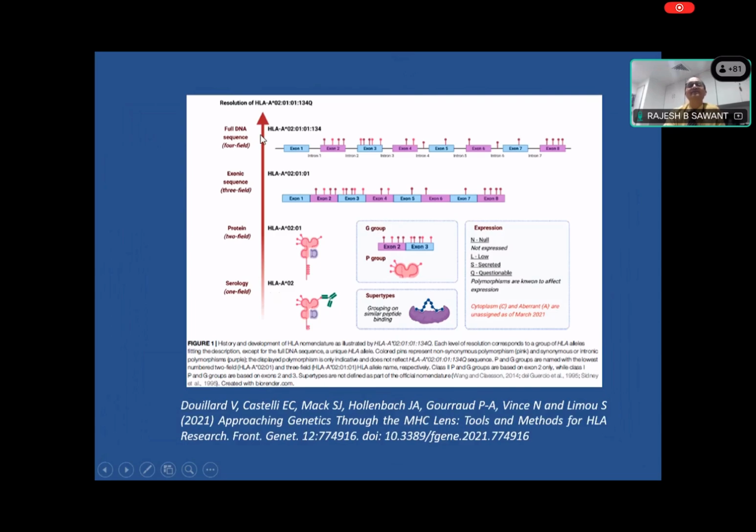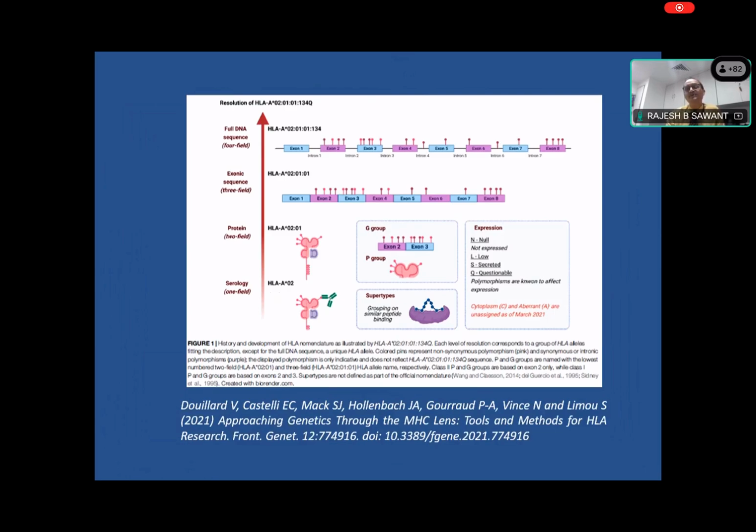And then finally the full DNA sequence, or the fourth field of typing, where you can go till the level of HLA-A, 02, 01, 01, and 134, right? So that is basically the clinical relevance of resolution. Generally these days for solid organ transplants, a low and medium resolution typing is still okay, right? Because you are not actually doing a complete match between the donor and the recipient,